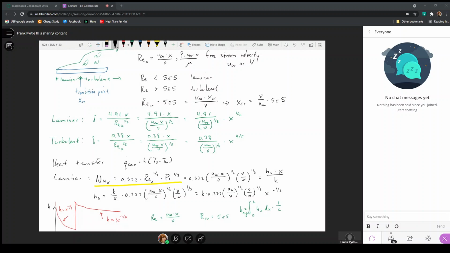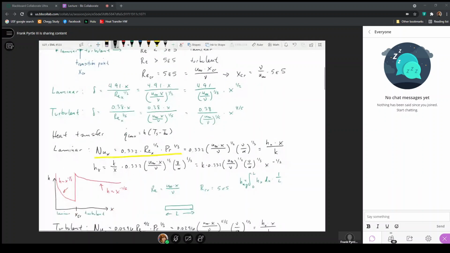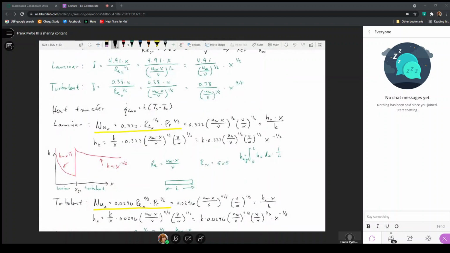So if we define an expression for the Nusselt number, then we can define an expression for the local heat transfer coefficient, so that in the laminar region, we could calculate the heat transfer coefficient as a function of position. And also, as it gets to the turbulent condition, we use the same definition of the Nusselt number, but equate it to a different correlation for how the heat transfer coefficient varies as a function of x,